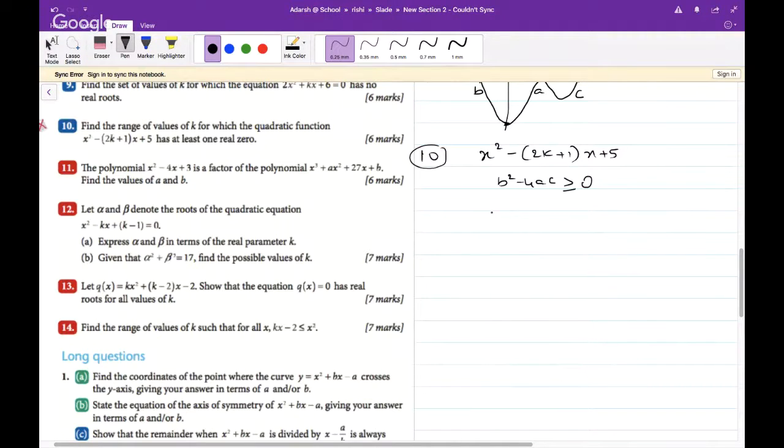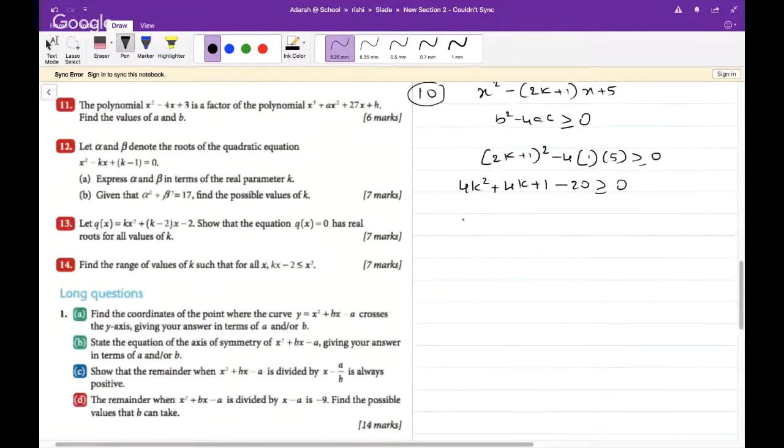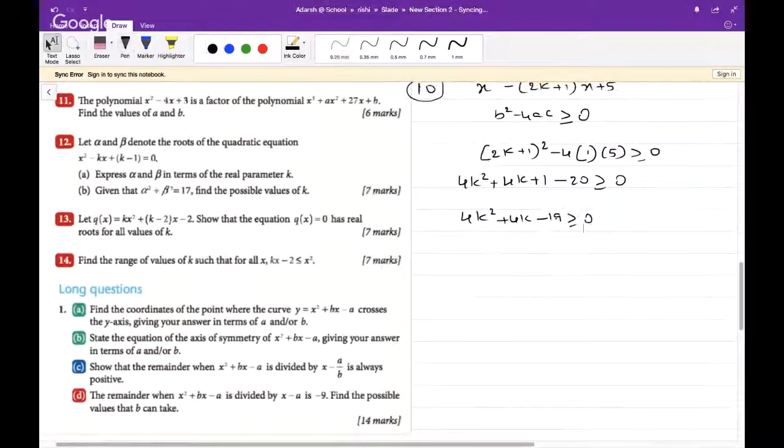Fine. So you take this, b is minus 2k plus 1 minus 4 into a is 1 into 5 should be greater than equal to 0. So you have 4k square plus 4k plus 1 minus 20. So this entire thing has to be greater than 0. Again you apply the same way. So minus 4 plus or minus square root of